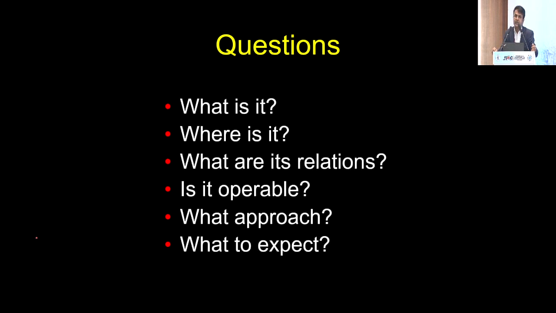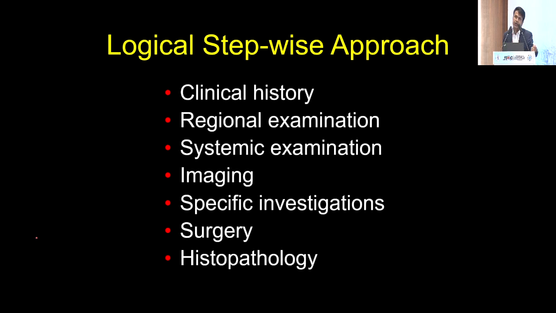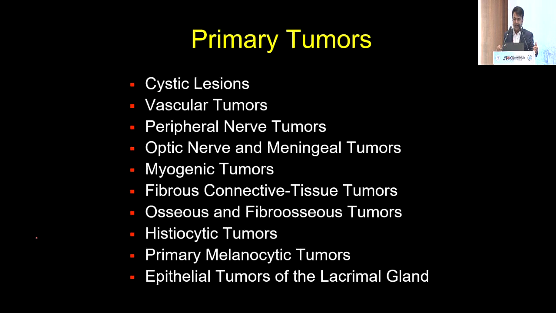Would it be transconjunctival? Would I cut the bone? Or can I not operate it? Would I need a neurosurgeon to help me? And what do you expect out of it? Do you want to completely remove the tumor? Would you have any complications? Would you explain to the patient there's a higher chance of vision loss in a given situation? All this has to be assessed by a good clinical evaluation, followed by appropriate radiology, which could be CT scan, MRI, or both, and sometimes even a PET CT scan.